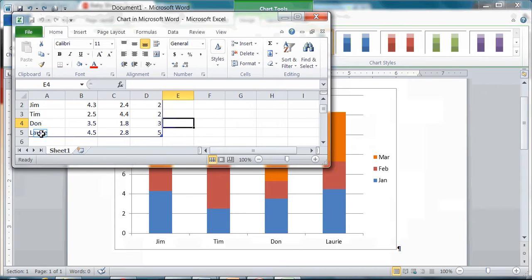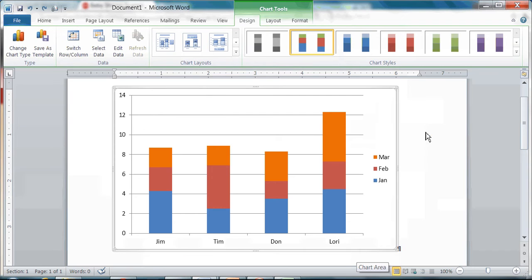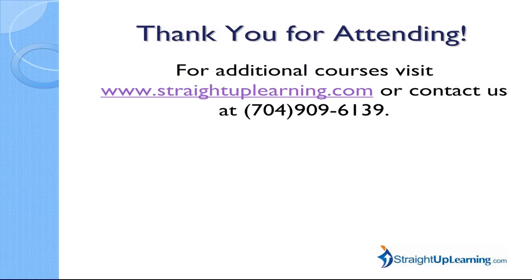If for some reason you feel you need to delete your chart, you can just click on that chart and press the delete key on your keyboard, and the chart will be deleted, and it will be confirmed, because obviously it will be gone, but furthermore you won't have the chart tools sitting right up there for you. One last thing about charting before we end this particular session: if at any reason you need to go back and edit